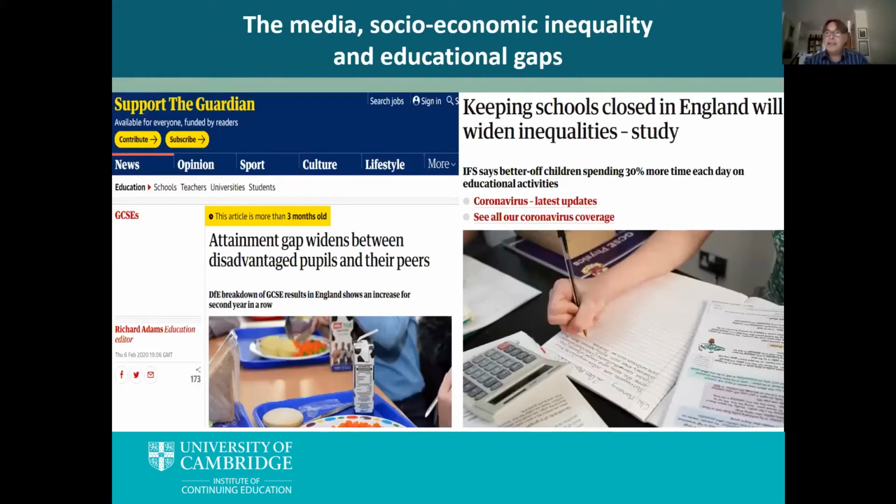If, like me, you're addicted to reading the news and watching the TV, you'll have seen a huge amount of speculation in the press at the moment about the likely impact of the current pandemic and lockdown on educational attainment and inequality, particularly between working class and middle class pupils, or those living in poverty and those who are more privileged. So, for example, both of these articles are taken from The Guardian, and we have a summary of recent